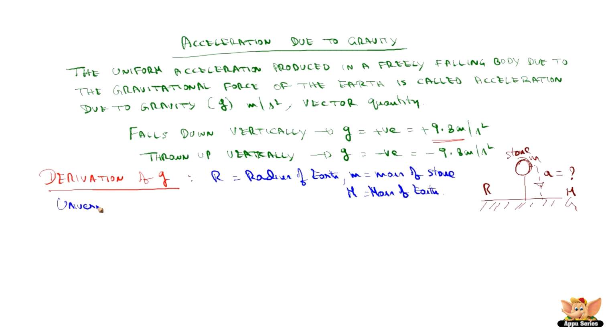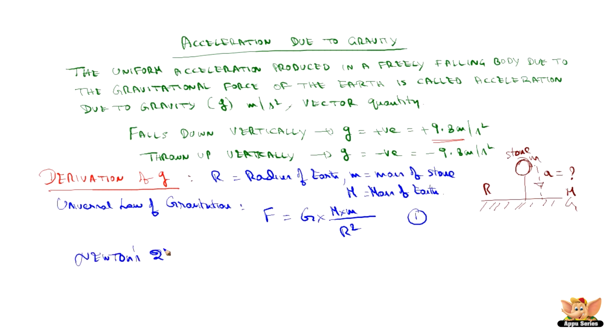Now from the Universal Law of Gravitation, we know that the gravitational force F is equal to the gravitational constant G into the product of both the masses, that is the mass of the earth and the mass of the stone, divided by r square, where r is the radius of the earth. So from this we understand that F is proportional to the product of masses and inversely proportional to the square of the distance. We also know from Newton's second law,